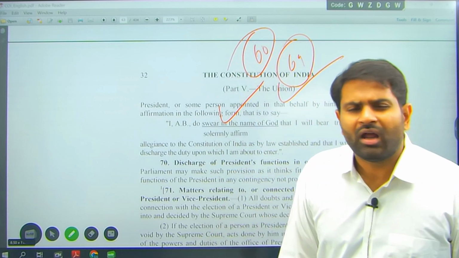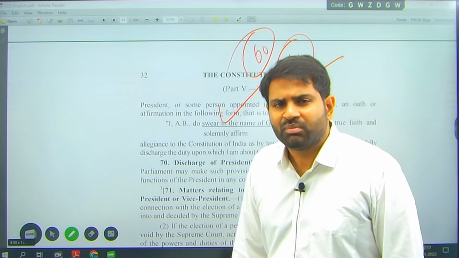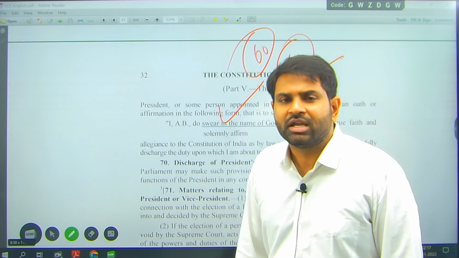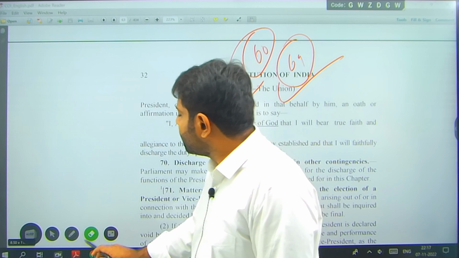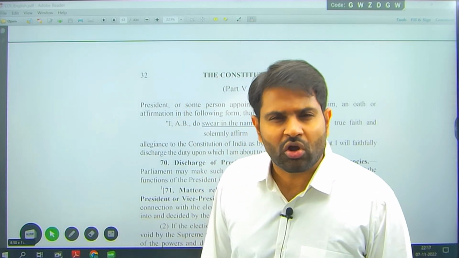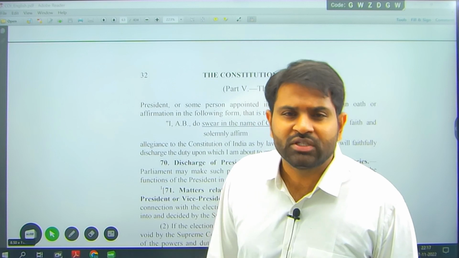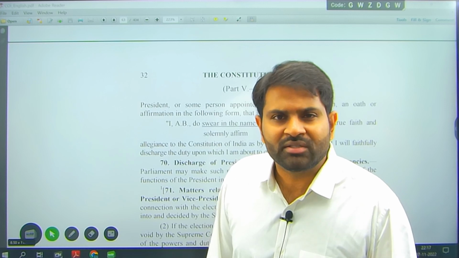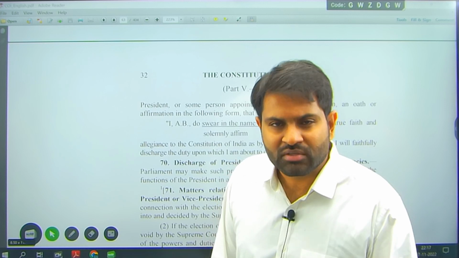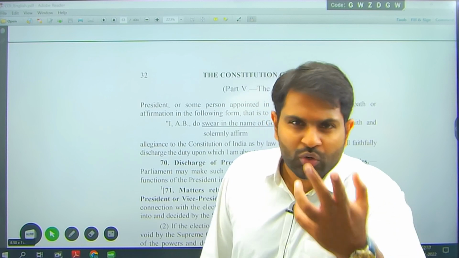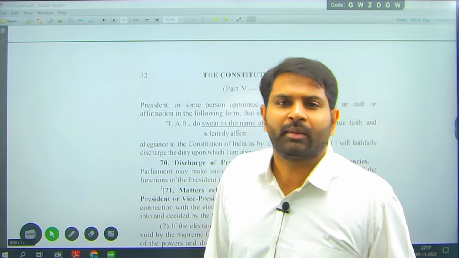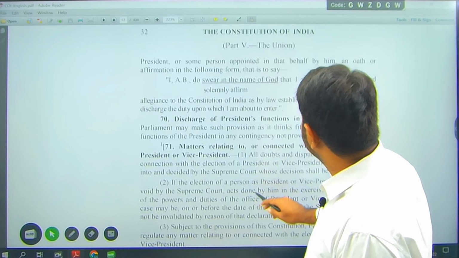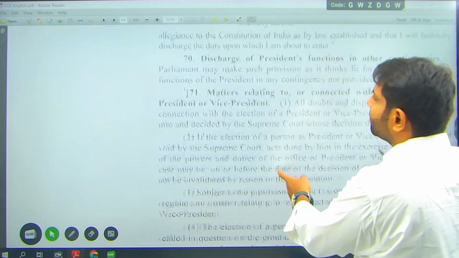Apart from that, all others like the Chief Justice of the Supreme Court, High Courts, and so on, except the Speaker, all these have their oaths and affirmations in Schedule 3 of the Indian Constitution. Oath is very important. Oath is your strong allegiance, your strong belief, your conscience, your consciousness. If you are taking an oath, that has a value. You are making a promise, that has a value. We are running a system with values. We can't run the system without values. If you don't have values, you will be corrupted to the core and you will enjoy the luxury while the poor and impoverished people of the country are unable to meet their square meal.